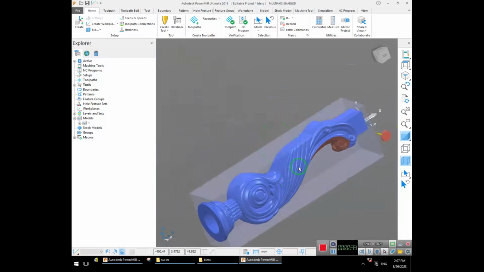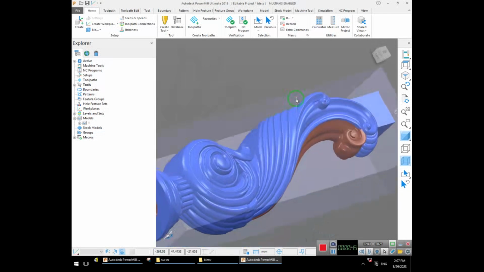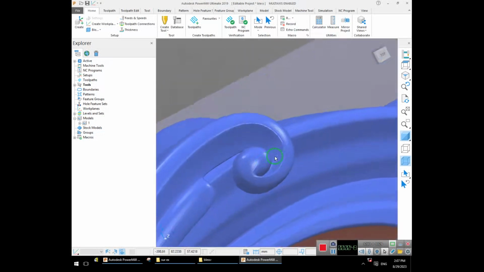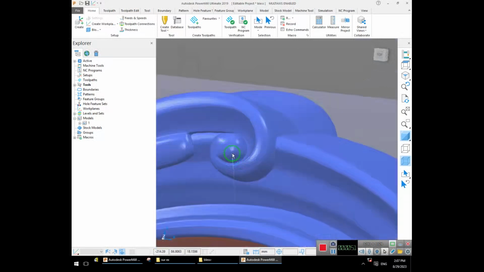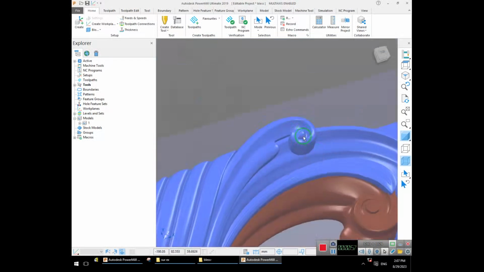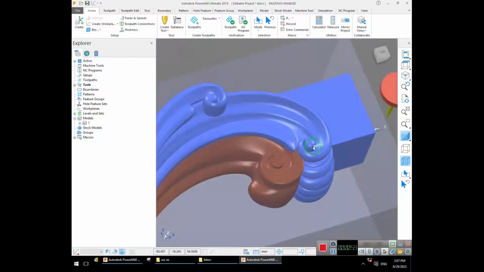We must consider the critical areas, critical regions of the model, like this: pocket beside wall. Yeah, it is critical. Here,